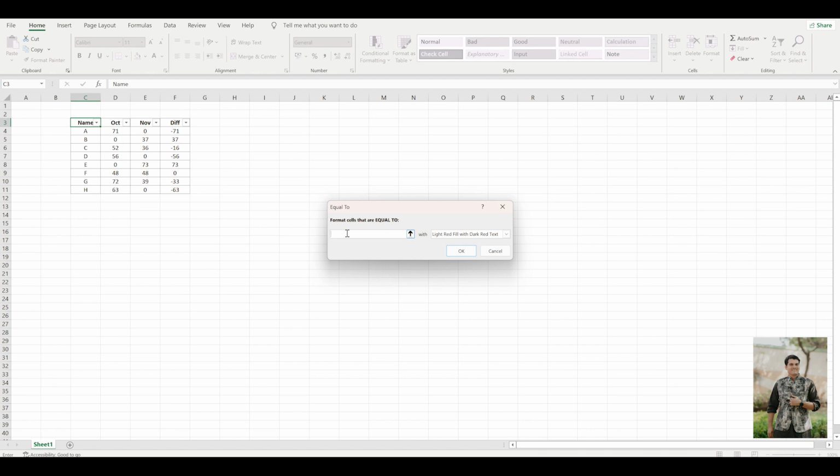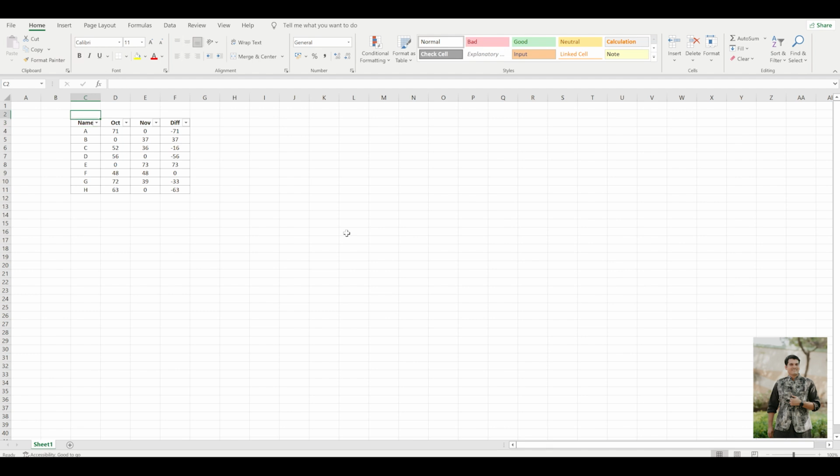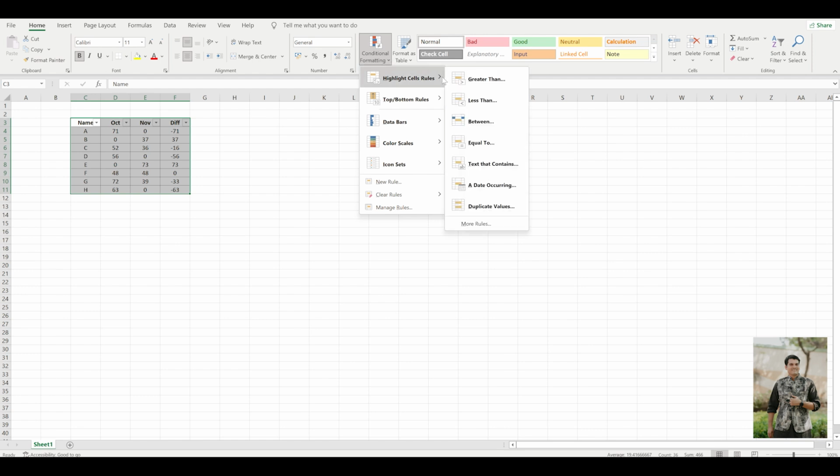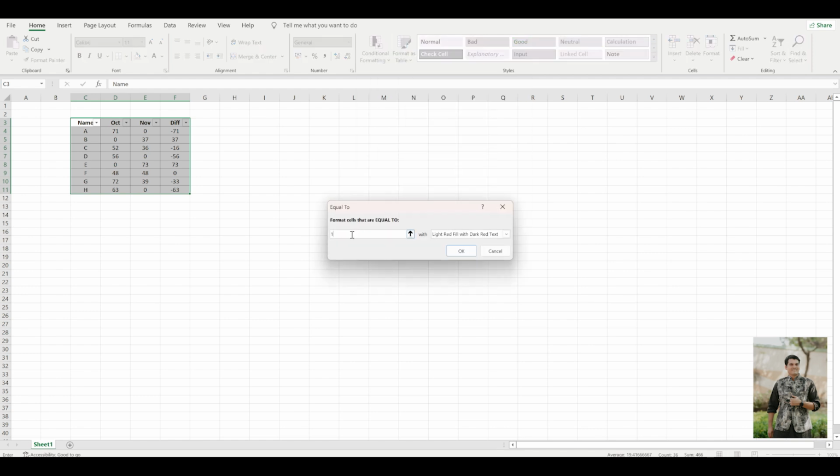before this step you need to select your range where you want to hide your zero value. Then follow the same steps: go on Home tab, click on Conditional Formatting. Here click on Equal To, type 0,